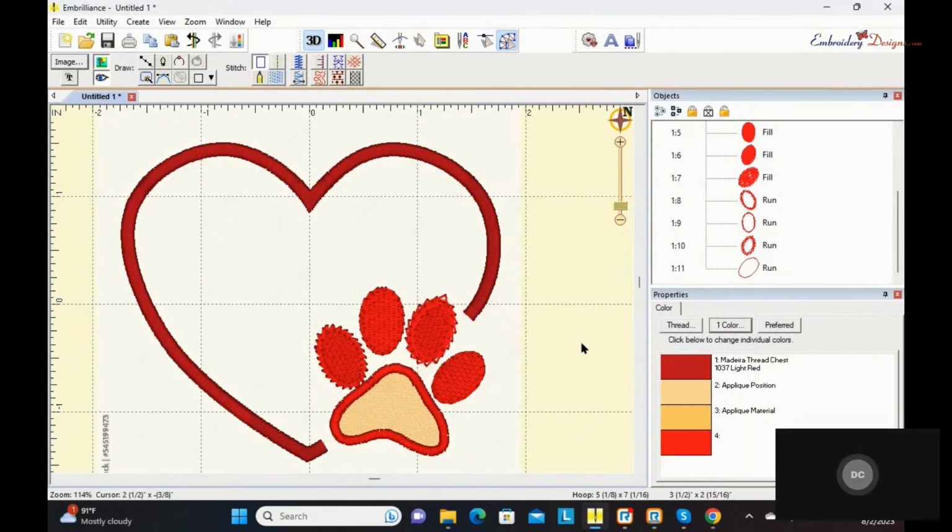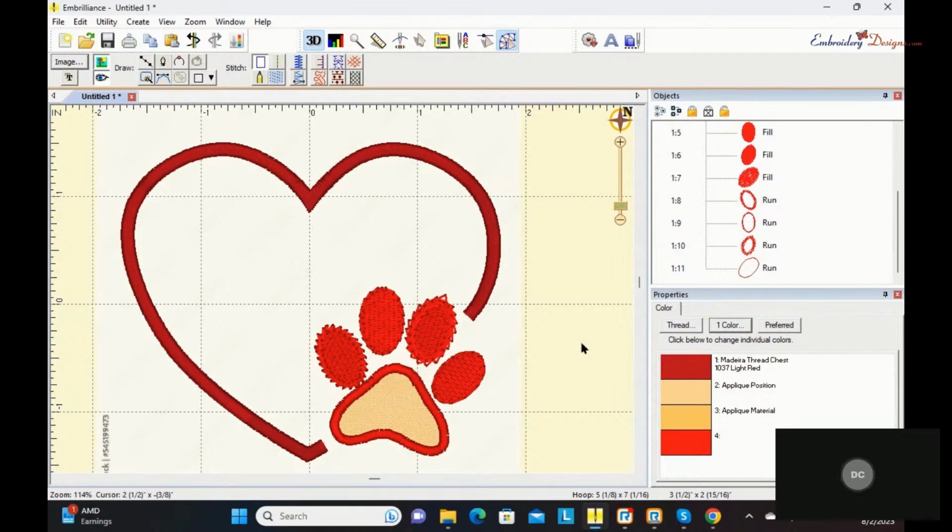So this is our simple little design. Let's talk for just a minute about underlay. I don't want to spend a whole lot of time on it, but it does deserve some conversation. Whenever you're creating a design, you need to be sure you apply some kind of underlay. The only time you wouldn't is if you are doing a loose leaf, a sketch fill, where your underlay would show under your fill stitch and you do not want it to. Then you're not going to have enough stitches in your design to warrant an underfill